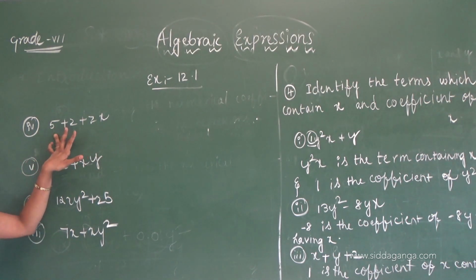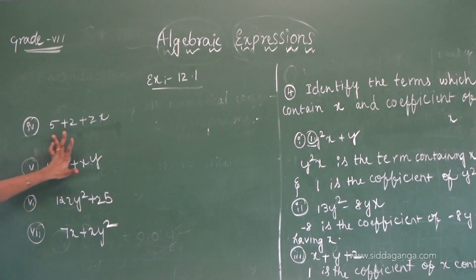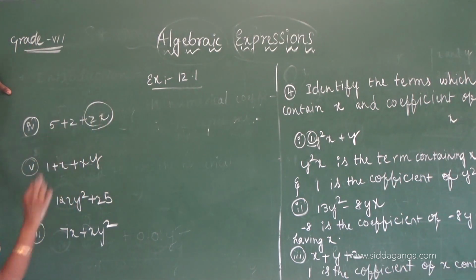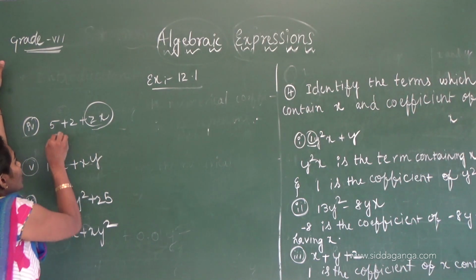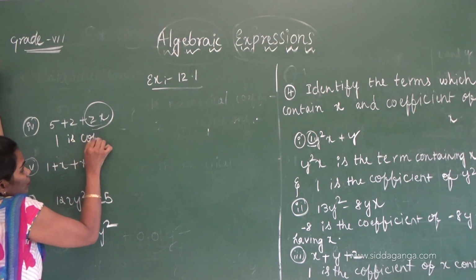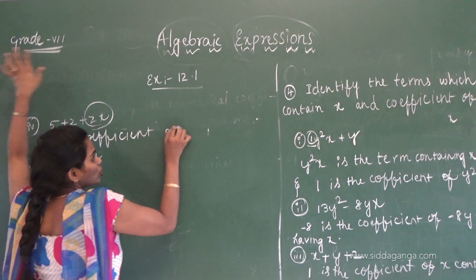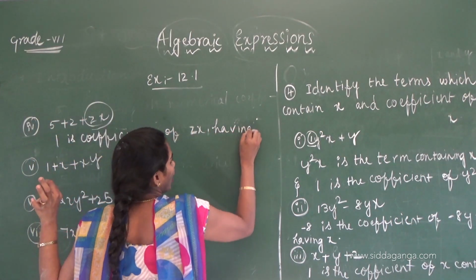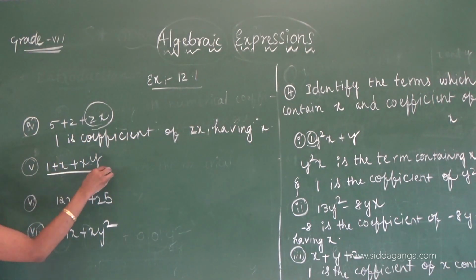Here 5 plus z plus zx. 3 terms are there. In these 3 terms, which term is containing x? This term, correct? What is the coefficient of that one? Nothing is there, no numerical thing is there. That's why we have to take 1. 1 is the coefficient of zx having x, or containing x, you can write there. And then here